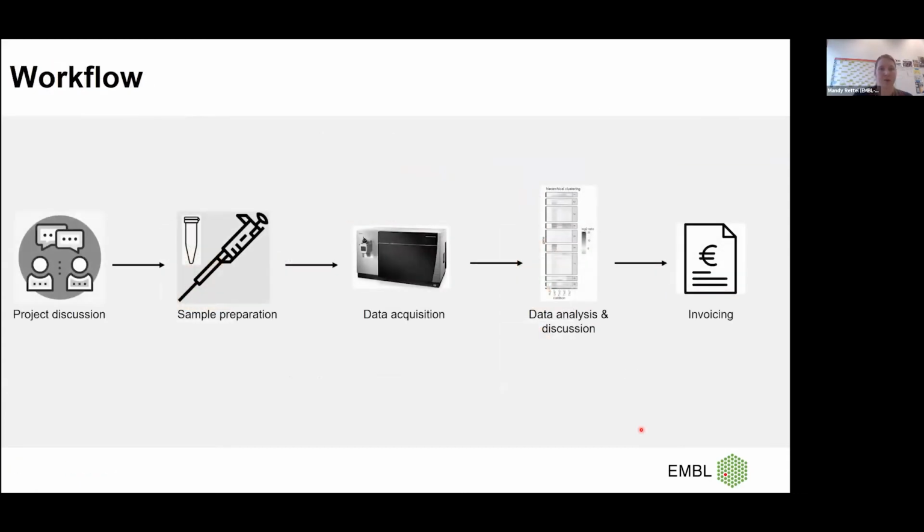So this is the common workflow we have. First of all, we have a project discussion with our customers to really hear what they want to do, to help with the experimental design, and also discuss the best strategy to get the best out of their samples, and also to answer their biological questions. Then we take over for the sample preparation as soon as possible. So either they send a gel, or they do the IP and send us the eluates or cell pellets. So there are really different ways where we take over.